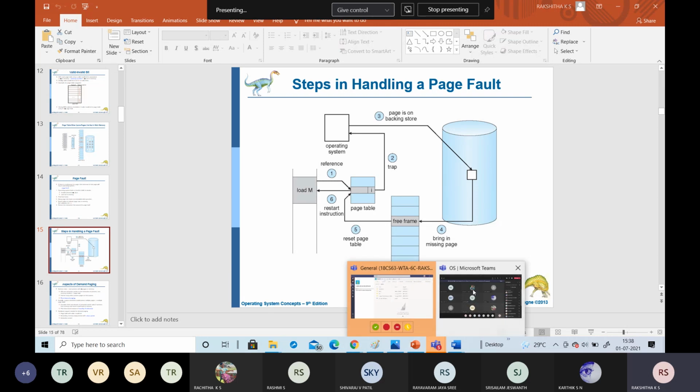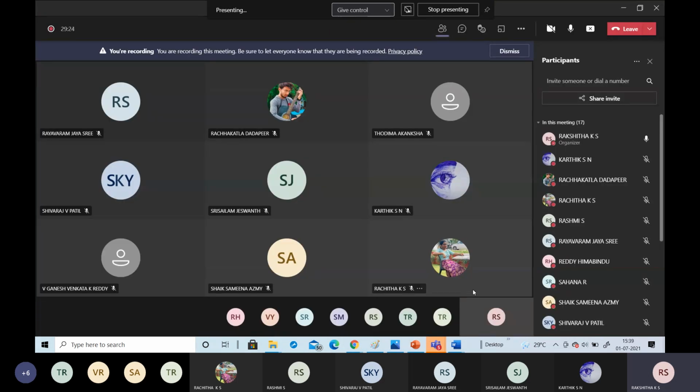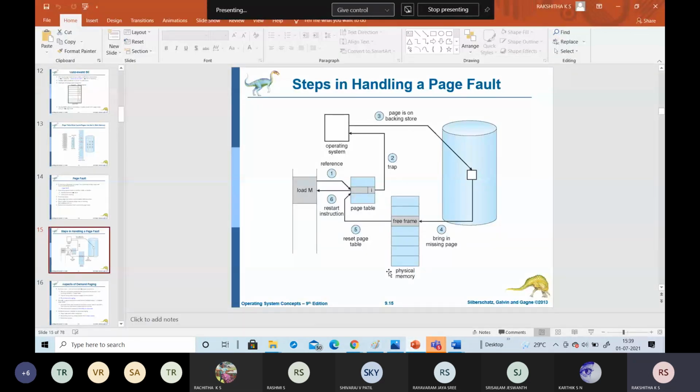Yes, is it completed? Are you still writing, or is it done? Okay, take. Make a note of these numbers also. These are the different steps which are handled in the page fault.